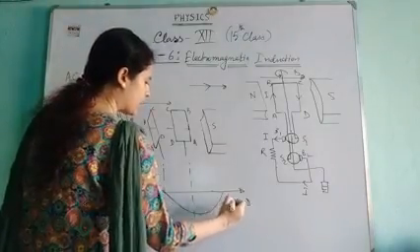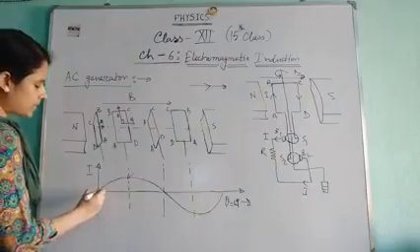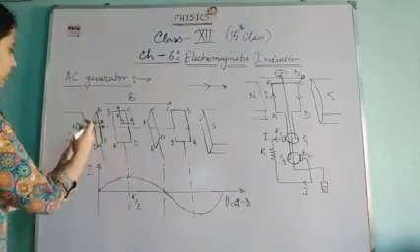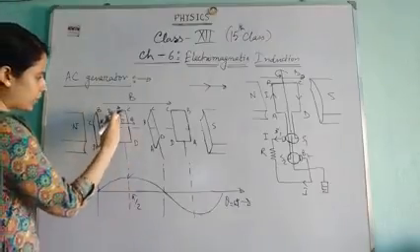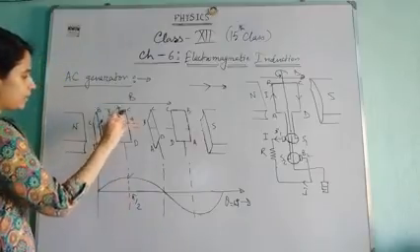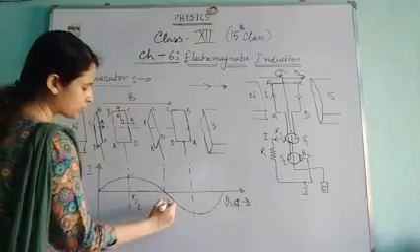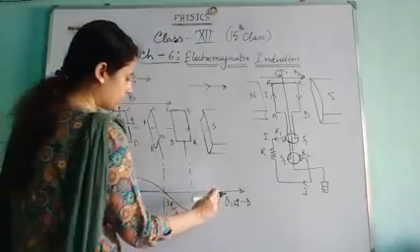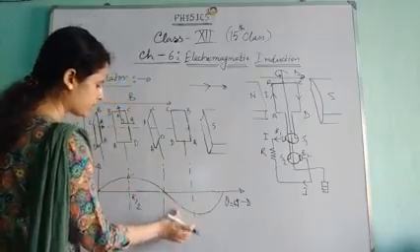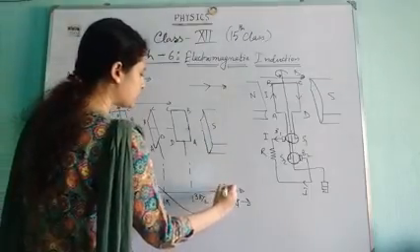So we are getting this when theta is 0, where theta equals omega t actually. So this is at t equals 0, theta is 0. This is the pi by 2 condition, according to this figure, the angle between B and A. Sorry, this is pi, this is 3 pi by 2, and this is 2 pi.